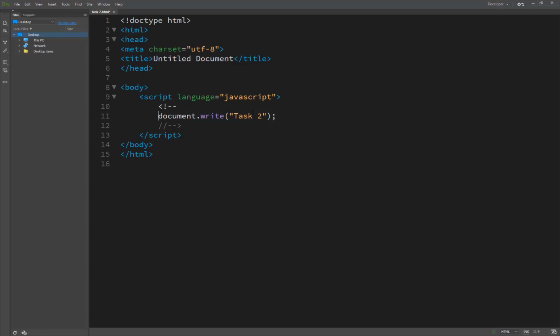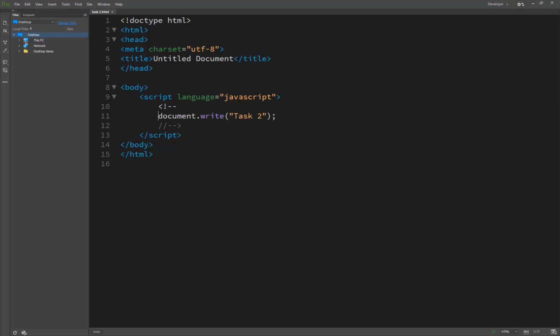So this is the technique of HTML working, and then we save it and go to our browser again, and you see it's not hiding because this browser totally supports JavaScript. So that's why.